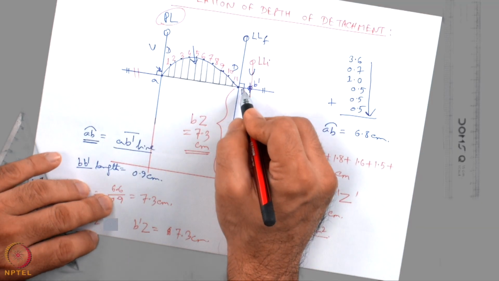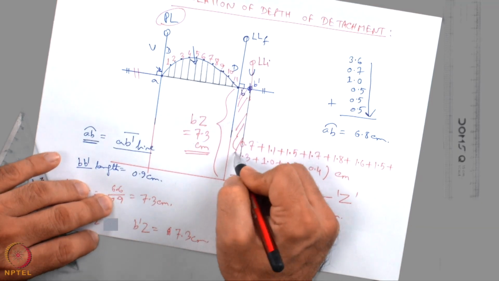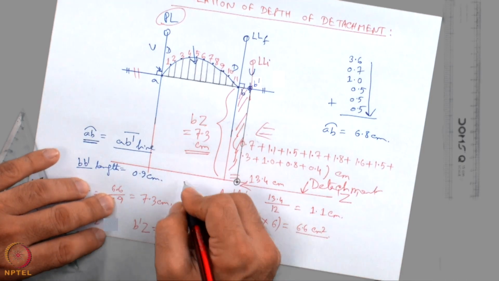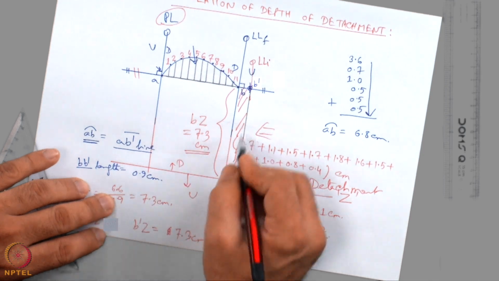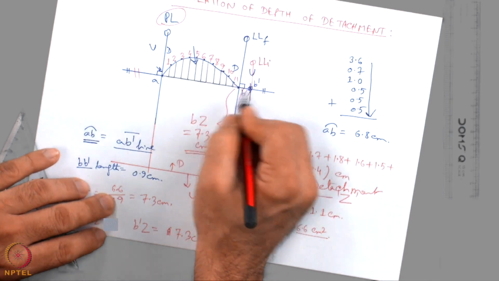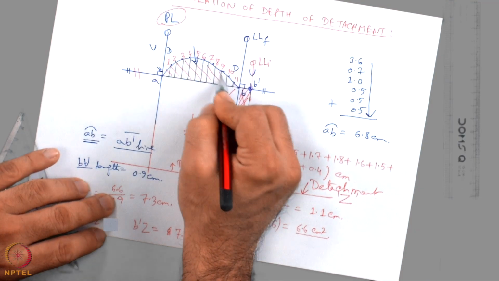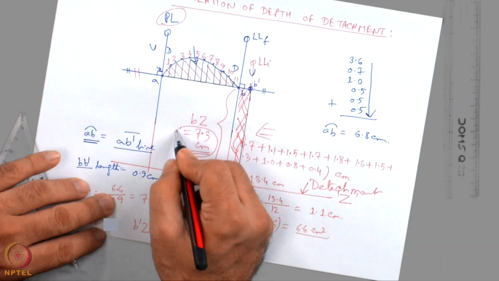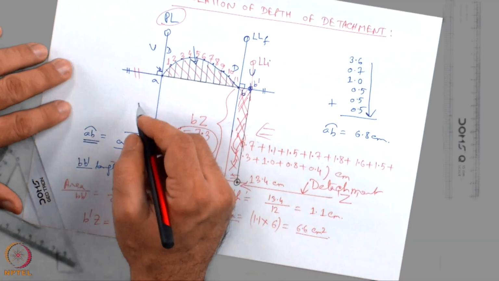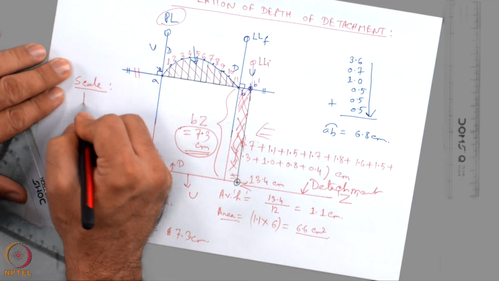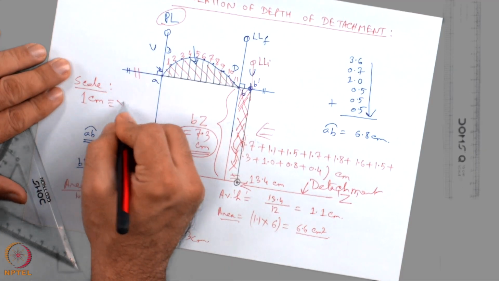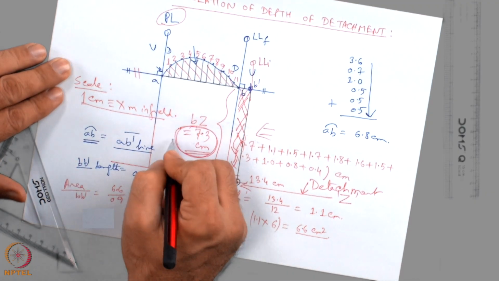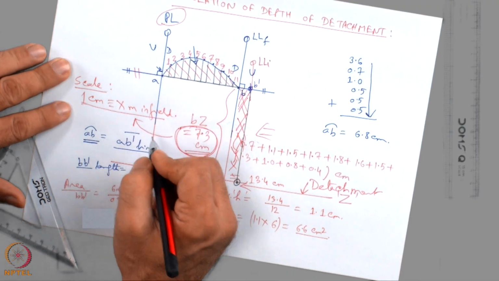So, what has been considered implicitly is that the area loss due to this compression moving on the detachment, this is the detachment below which rocks are undeformed, over which rocks are deformed, this is the area loss that has happened, and because of this push here is the area gain. Now, this 7.3 centimeter is the depth of the detachment as per the sketch. There must be a scale given that 1 centimeter in your sketch is equivalent to x meter in the field. Apply this scale and find out for 7.3 centimeter depth how many meters in the field,